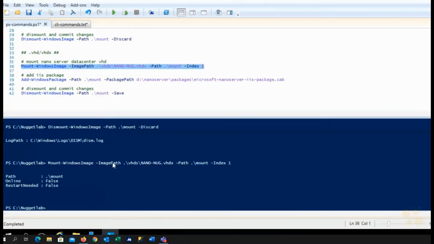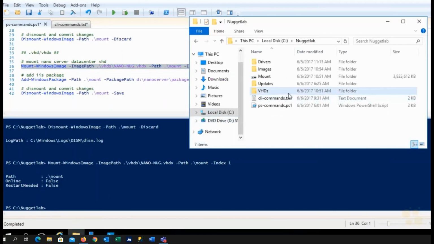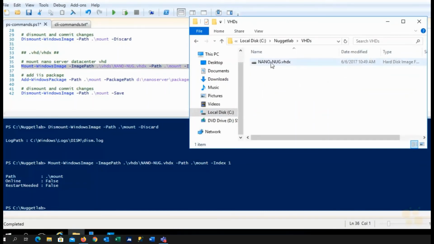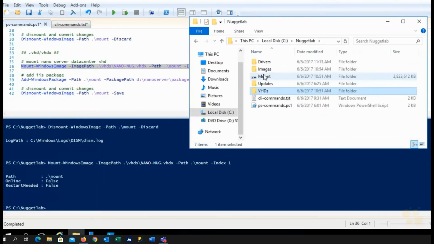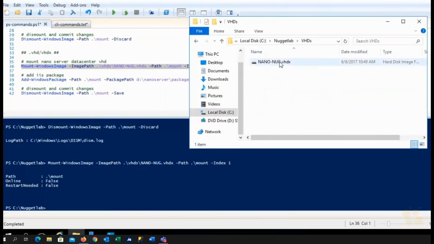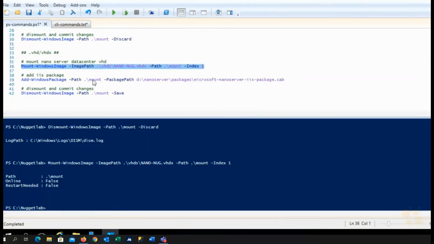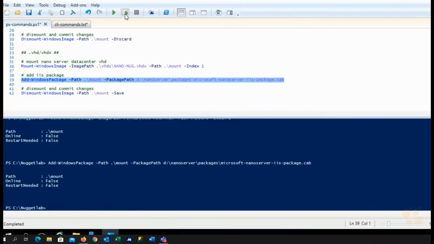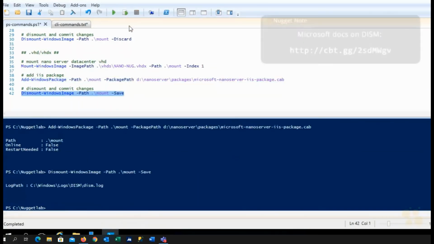And by the way, I've got our NanoNug machine, our NanoNug VHD here from a previous directory right there. And you also notice that it gives us a shortcut right here to that actual mounted drive for the VHDX. But look at that, our NanoNug machine that we used in the previous Nugget is now mounted and ready to go. So now we could add a package into it. Here, let's add the IIS package right into that VHD. Done, that was quick. And now we could dismount and save the changes. So those are the many ways that we can